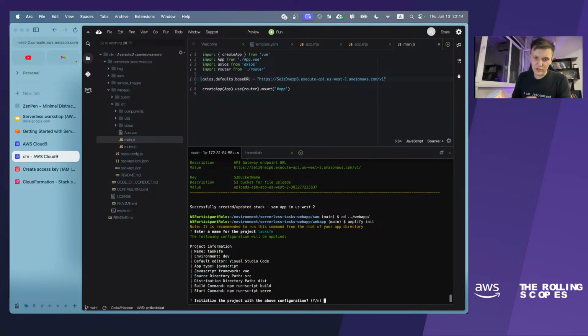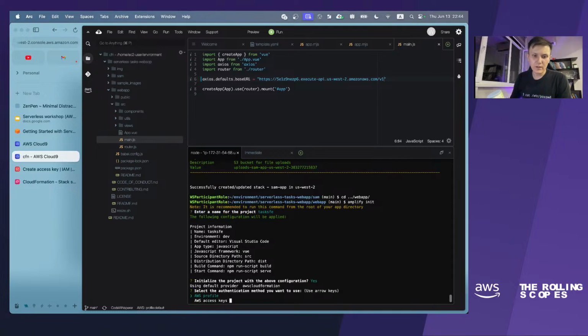And all information is correct. Name is right, environment dev is okay, default editor is VS Code, app type is JavaScript, the framework has been detected automatically, it is Vue, source path directory is src, all is fine, and I will confirm. How will we deploy our application? How will the Amplify CLI interact with AWS APIs?